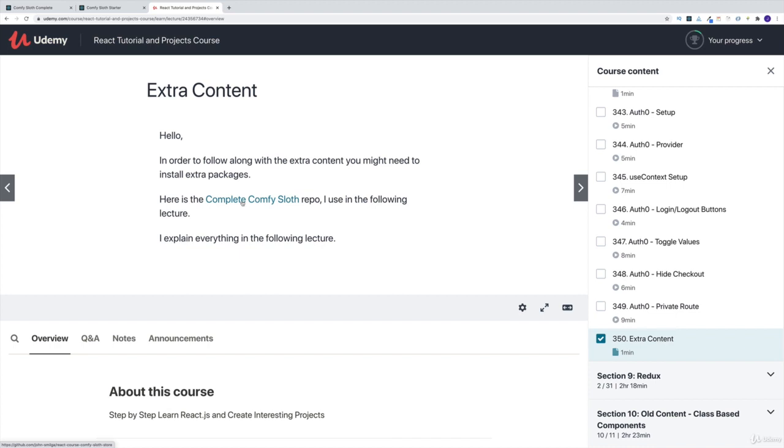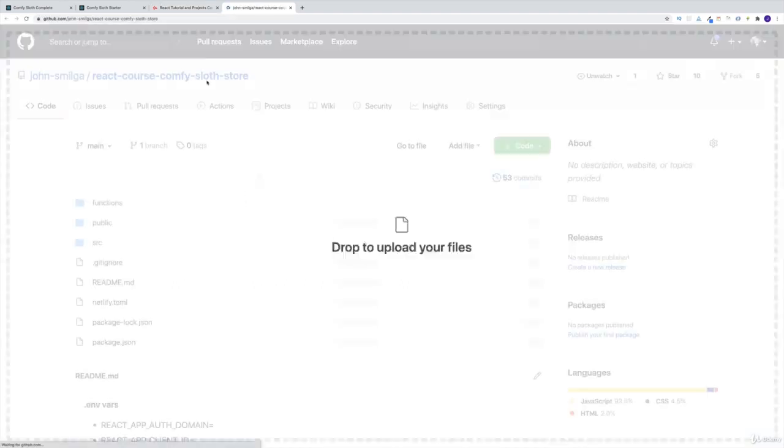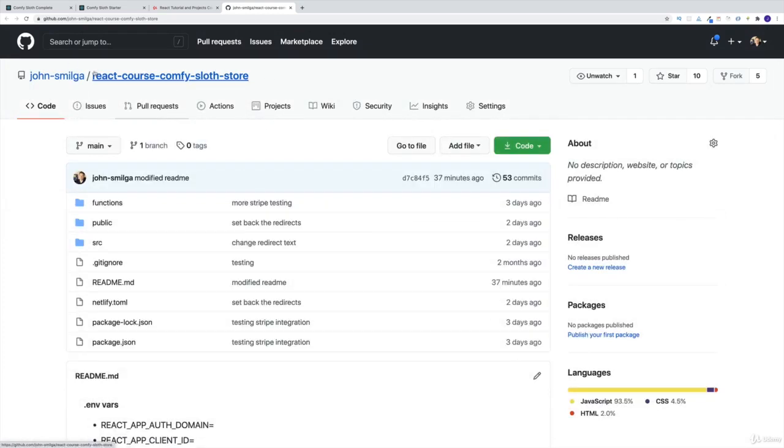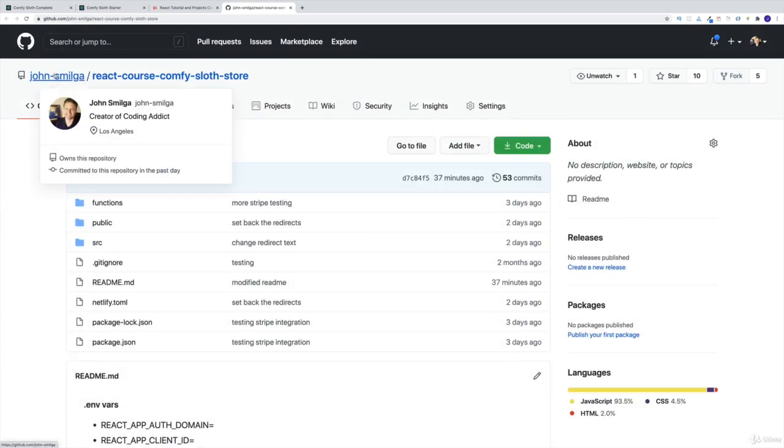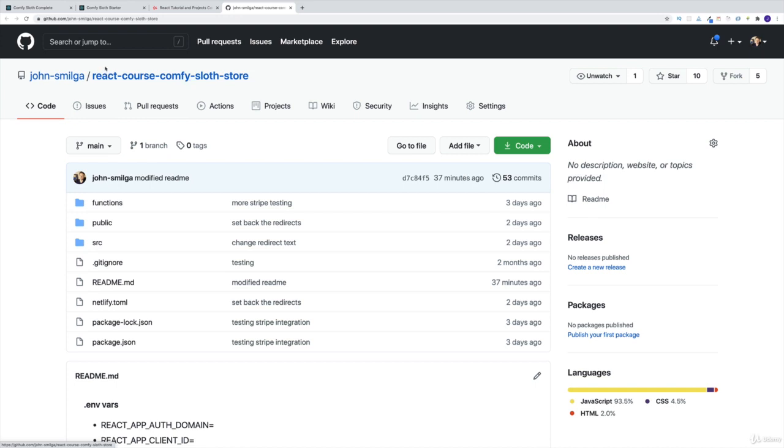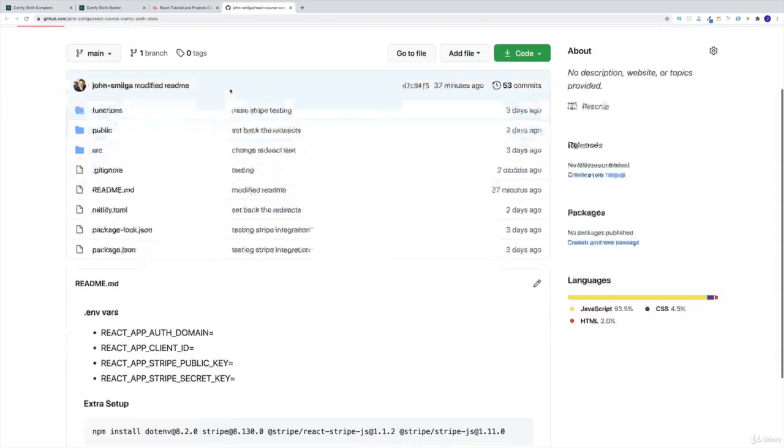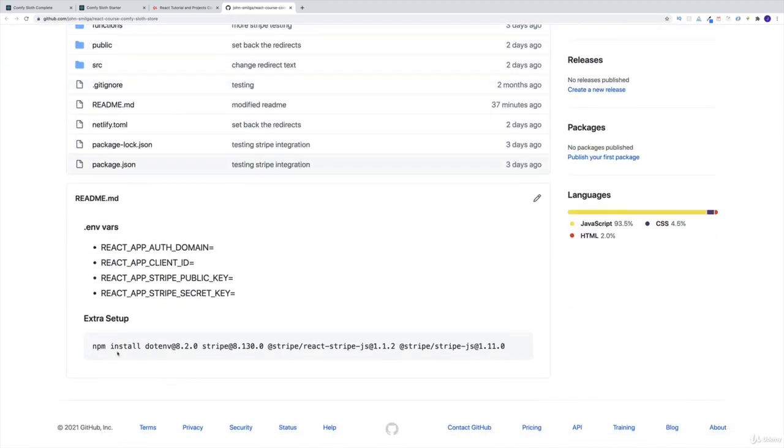And as a side note, of course, you can navigate through my GitHub repos and get there directly. But this is going to be a link to the main repo of the project. So this is a complete project. Notice this is my GitHub profile, and then the repo name is react-course-comfy-sloth-store. And in the README, you're looking for this line of code where you have extra setup and the